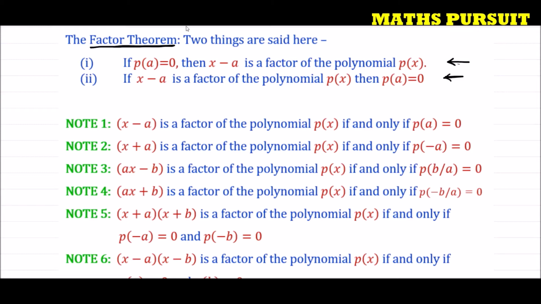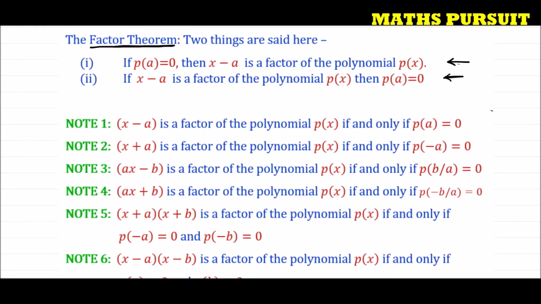And this came from our remainder theorem only. From the remainder theorem, we know that if P(a) is equal to 0, then x minus a is a factor of P(x). Now, applying that concept here, if P(a) is equal to 0, then x minus a is a factor of the polynomial. This is the first thing. In other words, if someone says that x minus a is a factor of the polynomial P(x), then we should understand that P(a) is 0. The reverse way, or vice versa.